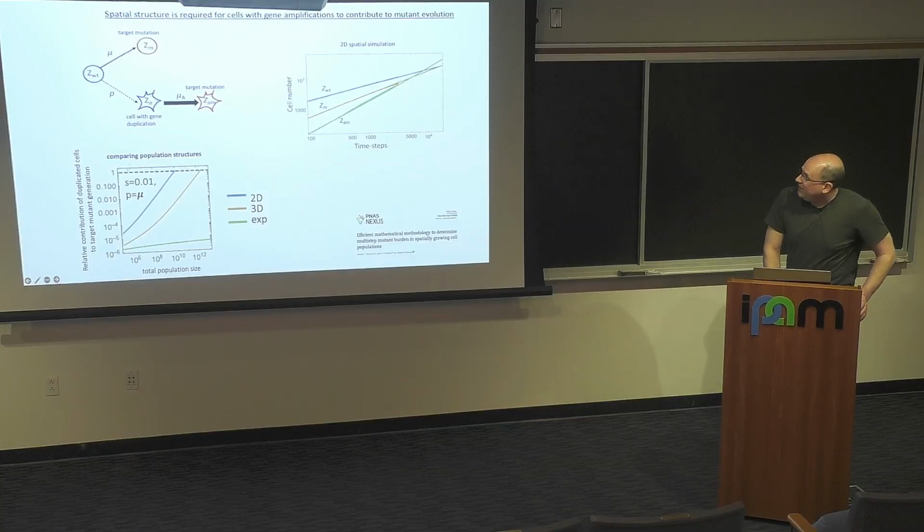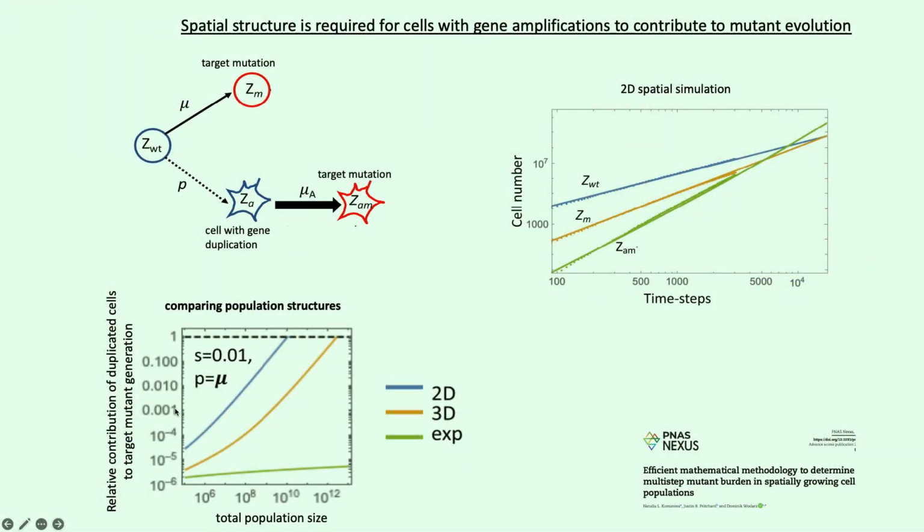So here you get a summary of these results. It says S=0.01, so it's slightly advantageous. Yes, exactly. So what you have here is a measure that is the relative contribution of the duplicated cell